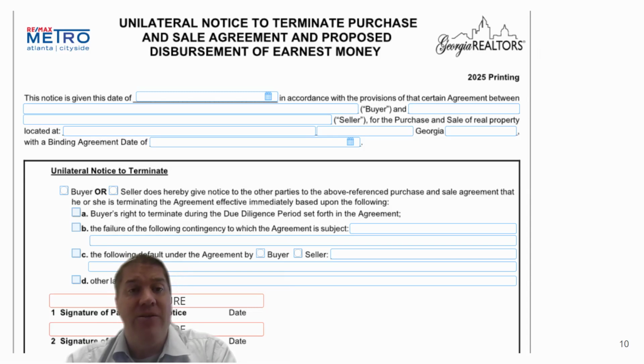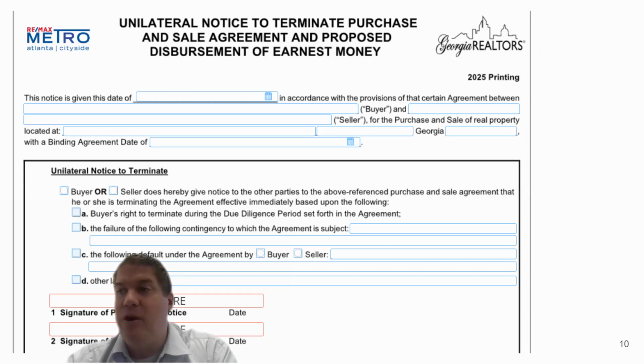Whereas the buyer, by terminating, is saying, I'm not coming to closing and I'm not giving you any money, right? That's the statement the buyer is making. The seller could theoretically try and do that, and I guess it would technically terminate the contract. The problem is they'd be in for a pretty bad lawsuit of specific performance because the contract says they're not allowed to do that. So just as a general rule,